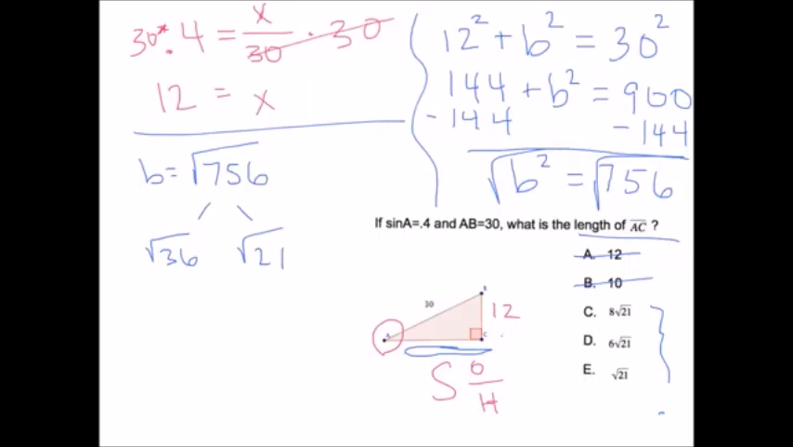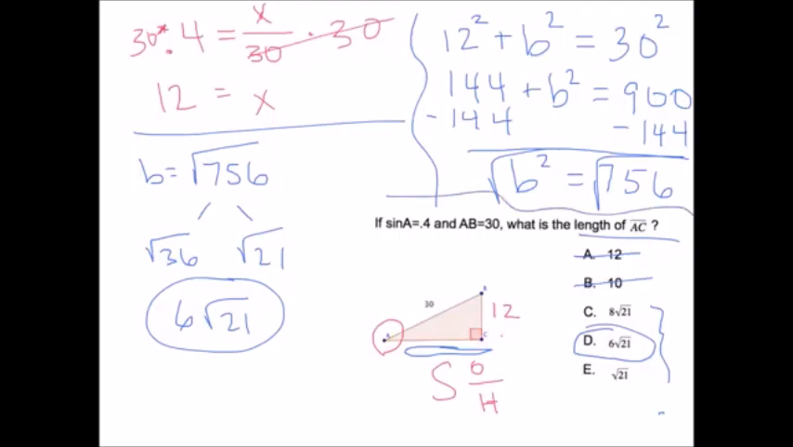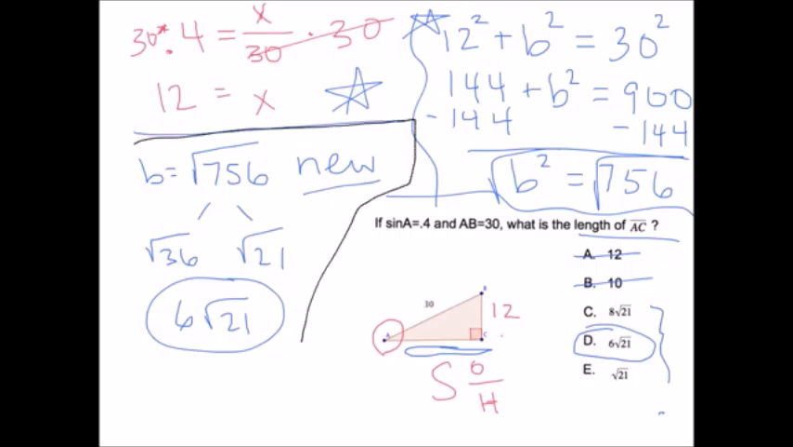So radical 36 is 6, the square root of 36. So this is 6 radical 21. Now, if that confused you a little bit, it might have. Up through this point here, you should have known exactly what we were doing. Trig, Pythagorean theorem. This was a new concept, maybe to some of you, breaking down a radical. If you were stuck from here, that's okay. Once you got to this point and you saw that b was radical 756, once you knew this,